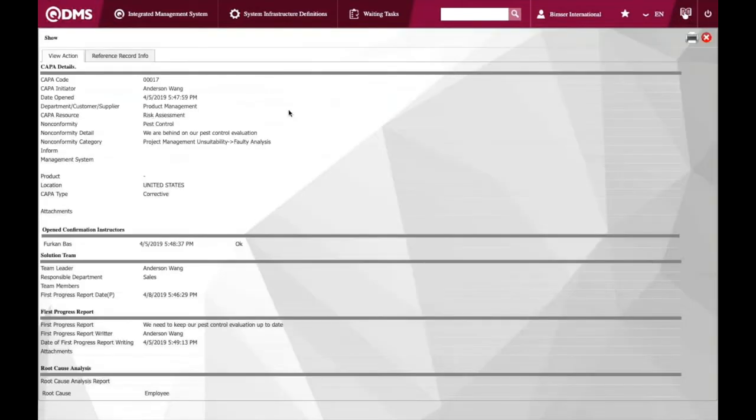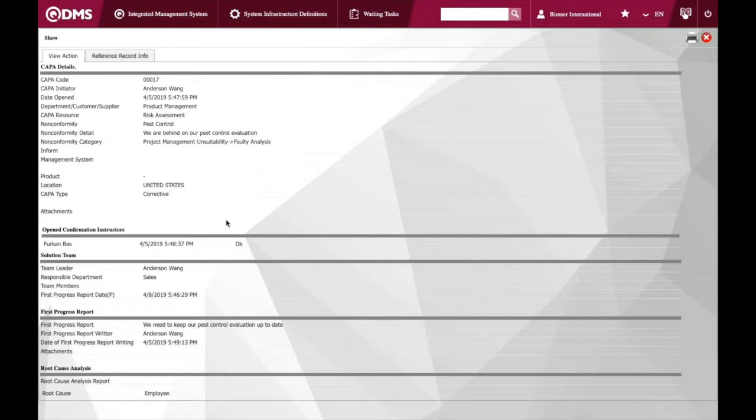So it's pretty much the same as what we did for the customer complaint. So first you will identify which nonconformity you discovered. For example, for this one, the nonconformity is the pest control. So we are actually behind our schedule to do the pest control evaluation. And we just open this CAPA